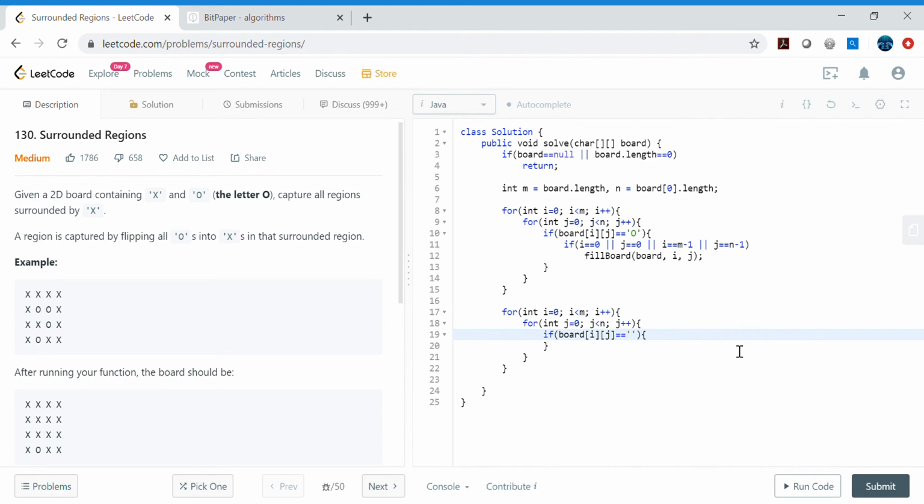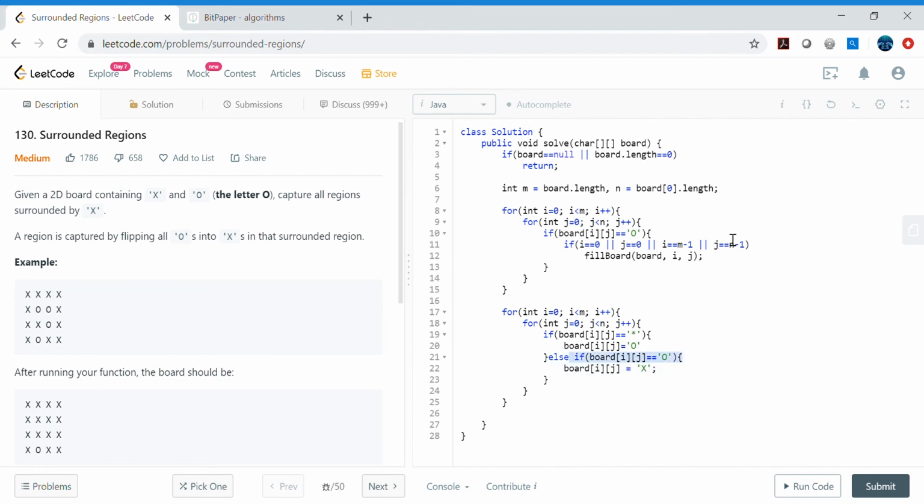So if we find any star, then go ahead and update it to O, right? And else if we find any character as O, then let's go ahead and update that to X. So these O's basically are not on the boundary, right?